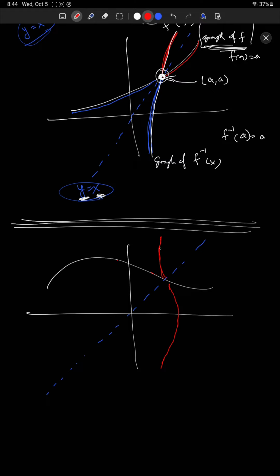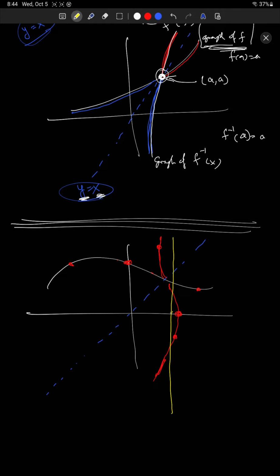It's supposed to be symmetric, where this point is right on the opposite side of that point. This point is right on the opposite side of that point, and so on. Now you can kind of see a problem here. This red guy is supposed to be the inverse, but you can see that if I draw a vertical line right there, for example,